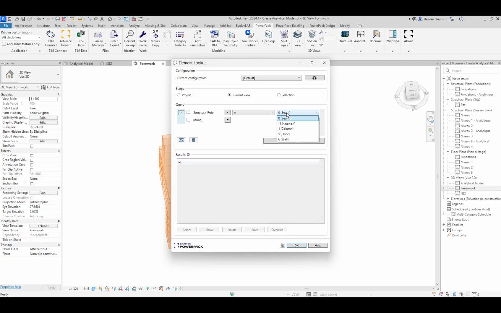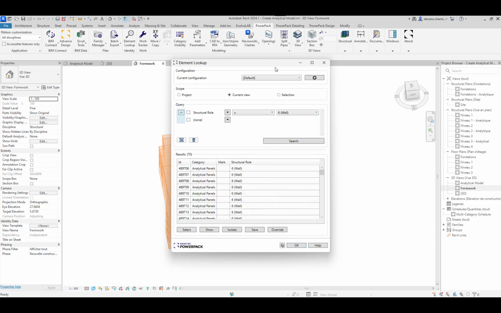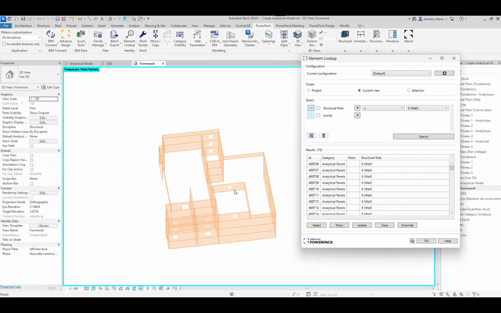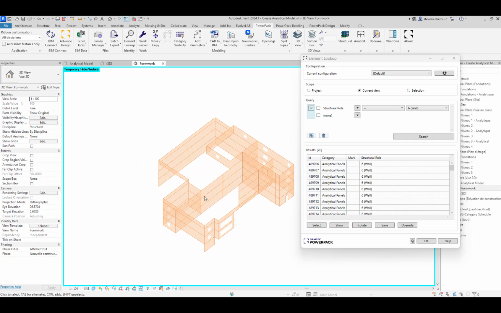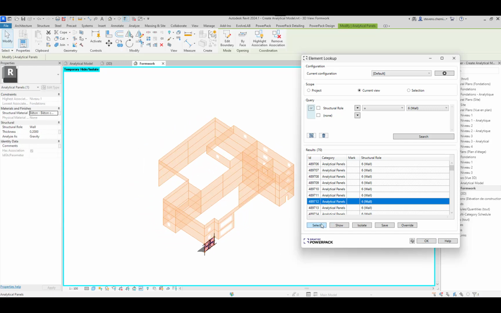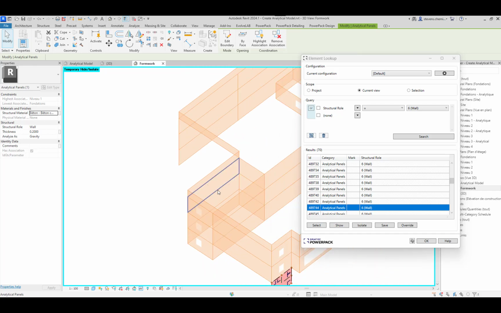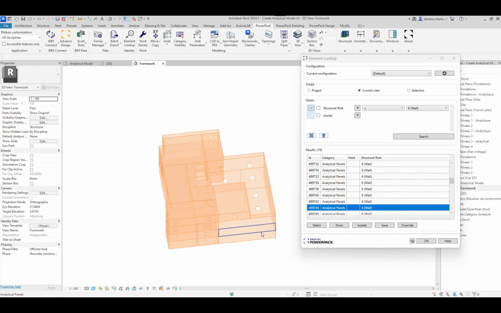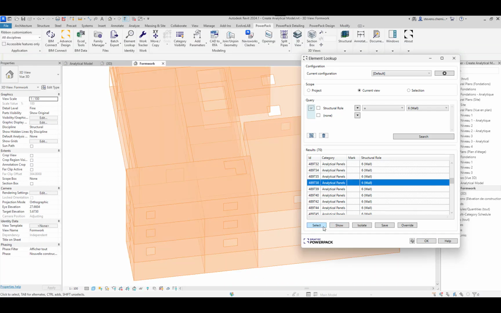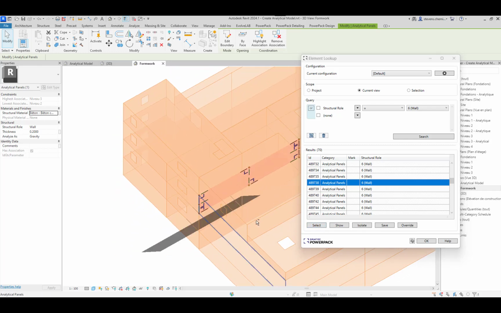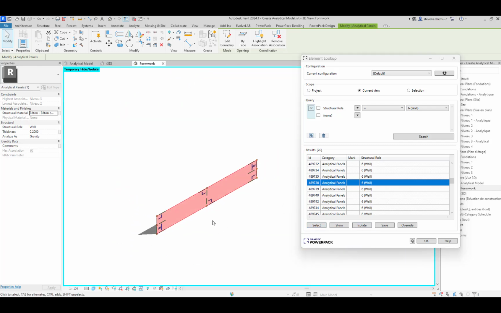Structural roles, walls, search. Okay, and I can isolate the wall again, or pick one, zoom in, show. The software will automatically zoom on that particular element. If I select, I can isolate this object afterwards.